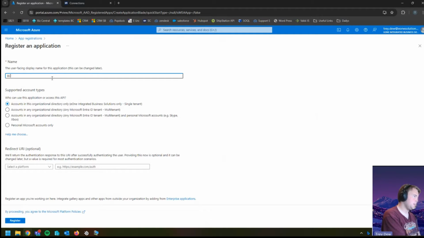We'll call this one a BC connection. Pretty basic. Again, we can just leave it on this top one here. It should work for our situation, and then we can move on to the redirect URI. We can do select a platform and then go to web, and then we will need to grab this URI